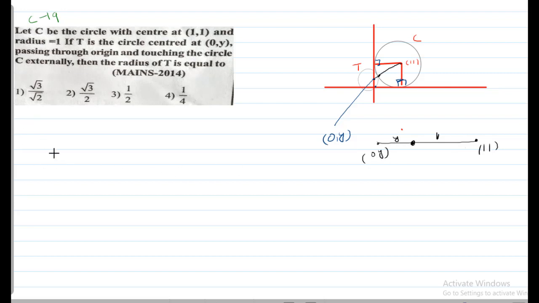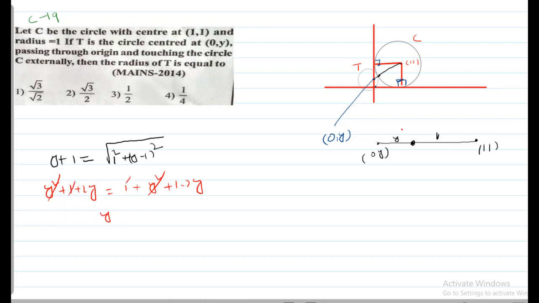So I want to write like that here. Y plus 1 is nothing but the root over 1 square plus y minus 1 square. So what is the meaning of this? Y square plus 1 plus 2y equal 1 plus y square plus 1 minus 2y. Y square and 1 get cancelled, 4y is equal to 1, sorry,